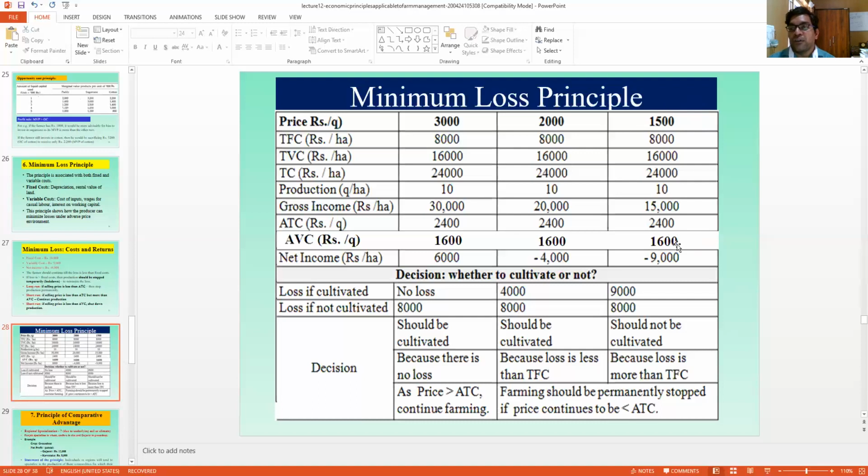Because if the farmer decides to cultivate, his returns won't be sufficient even to cover the variable expenses. Forget about the fixed capital expenses. Even to cover the variable cost, the return which the farmer is going to get won't be sufficient. So why do farming if the farmer is not able to cover even the variable cost, right? The MSP which the government gives, at least it has to cover the variable expenses, right? We have so many costs, A1, A2. So cost A1 plus A2 is the variable cost. The MSP that the government announces should cover at least the variable expenses in the cost of cultivation, A1 plus A2,